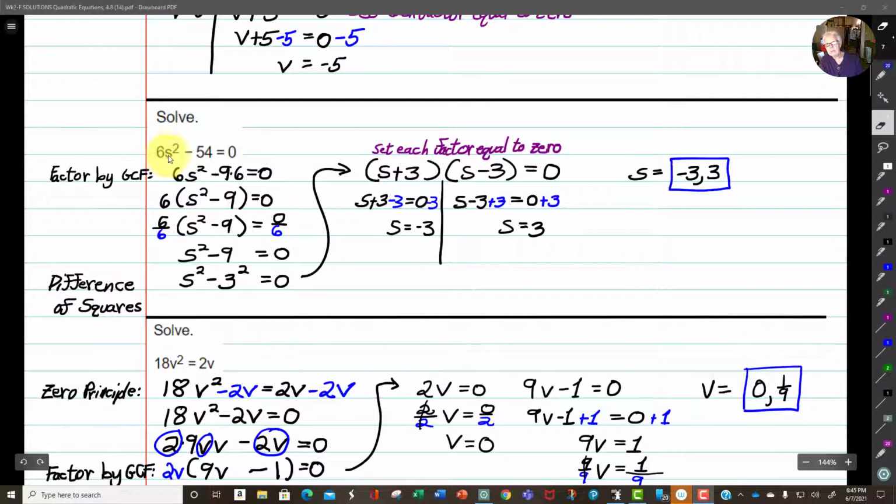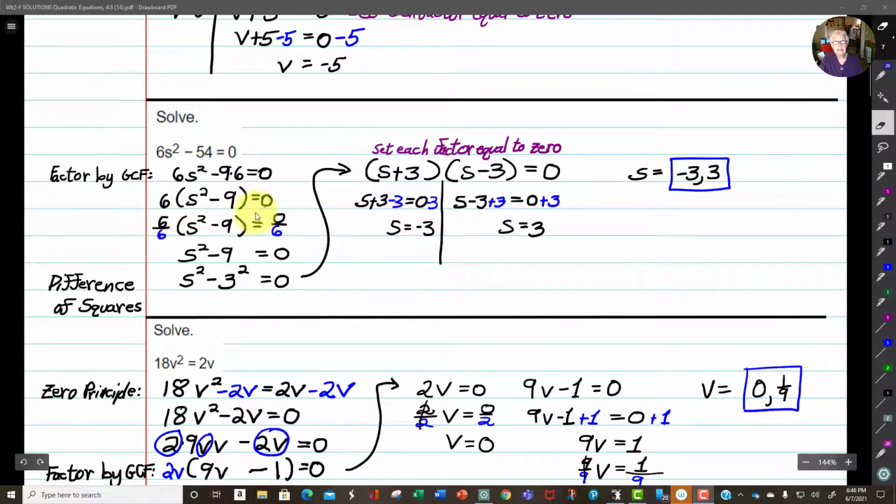Now here I have my quadratic term and my constant term, but I don't have the middle linear term. However, 6 is in the first term, and 6 is also a factor of 54. 6 times s squared minus 9 times 6 equals 0. So I pull out 6 as a GCF. Notice there is no variable pulled out with the 6. That's very handy,